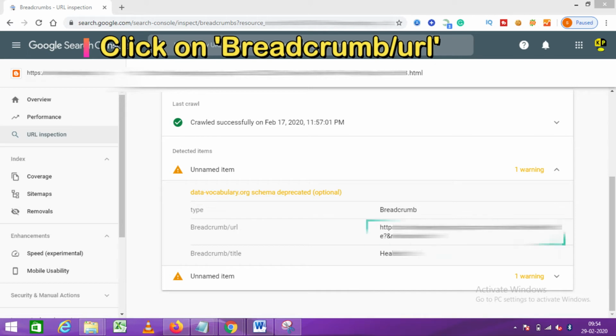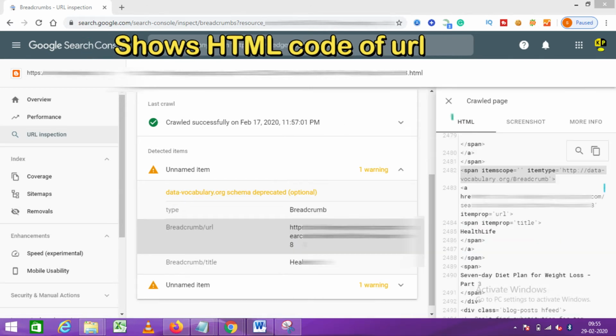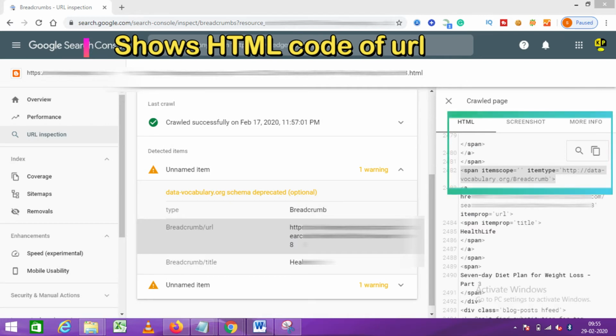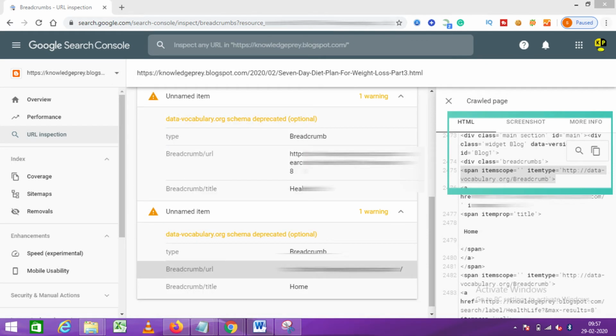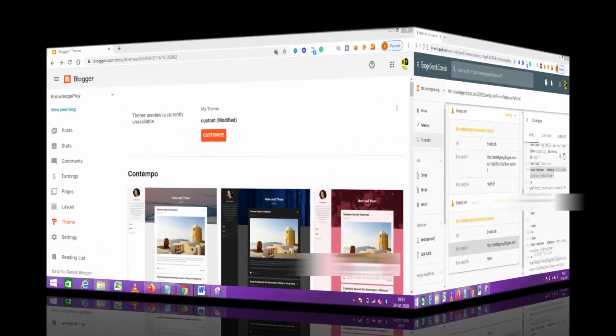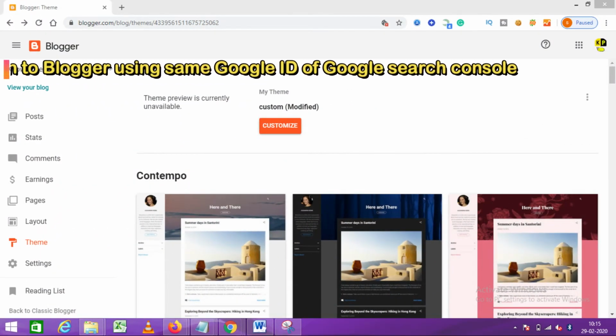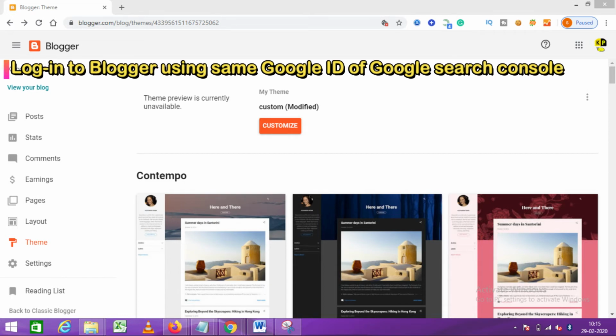Now if you click on this breadcrumb URL, then it will show like this the HTML code, and I am having warning for 2 pages of my Blogger website. Now log into your Blogger account using the same Google account that you used to log in into Google Search Console.